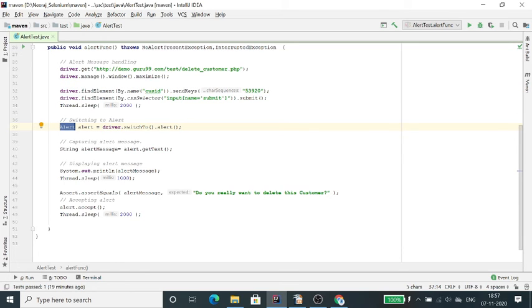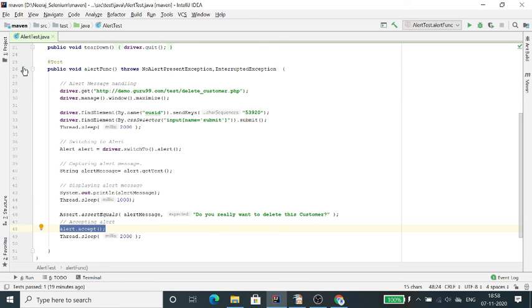So in Selenium we have an Alert variable where we store this alert. How do we store it? driver.switchTo().alert(), and I store it in the alert variable. With the help of this alert variable I use getText, printing the message over there, and then I verify it with assertEquals against the expected condition, and then I accept that alert. So alert.accept() is how we accept the alert. Let me run this code.